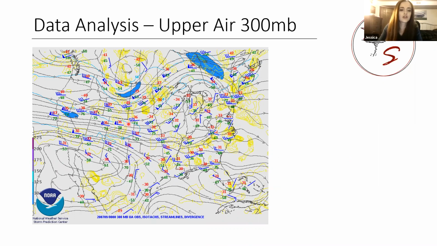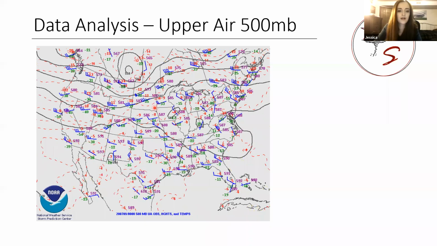So what I wanted to show was that we're starting to see some divergence here in the upper levels. When you have winds that are accelerating away from each other, that's divergence. You see this 60 knot, might even be 65 knot wind barb here, accelerating away from the 40 knots here. The yellow indicates pockets of divergence. That essentially creates a vacuum through which upward moving air parcels want to rise and fill that void. So it's just promoting uplift in the environment.